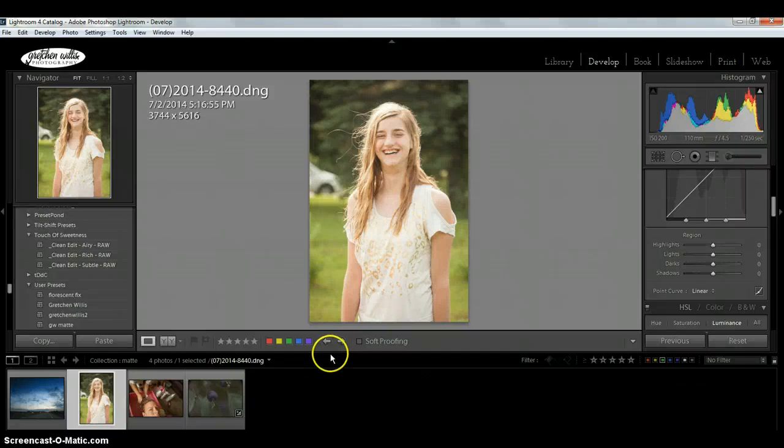Hi, it's Gretchen, and I wanted to show you a little bit about the matte preset and the effect it will have on different kinds of photos. So I just picked 4 different photos here, and we're going to show how the matte effect looks on each